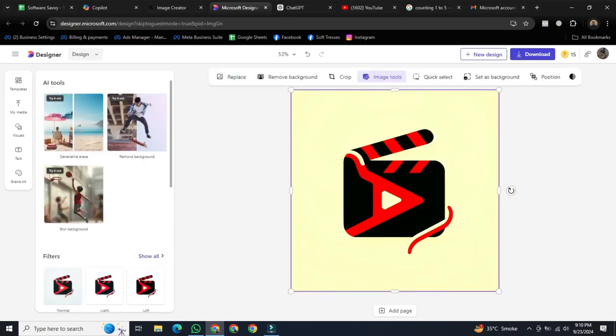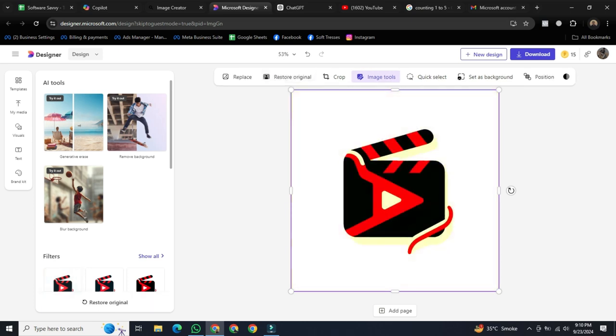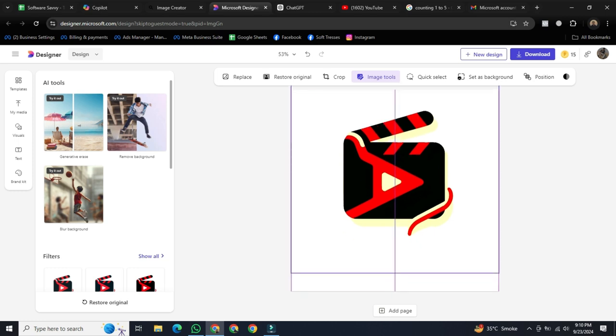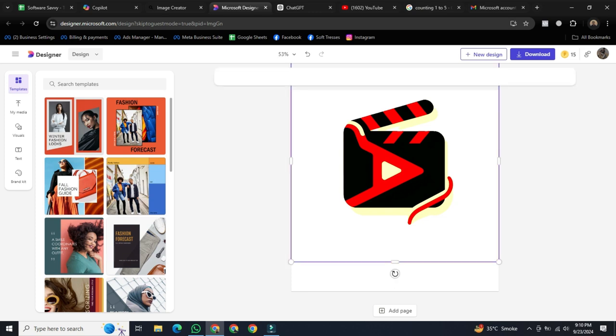After that, there is an option to remove the background. I also need a logo without a background, so click on remove background and the background will be removed. And I want to put some text below this logo, so I will move it to the upper side. After adjusting it,